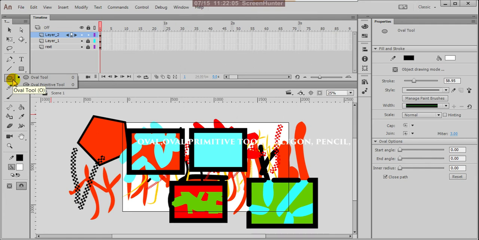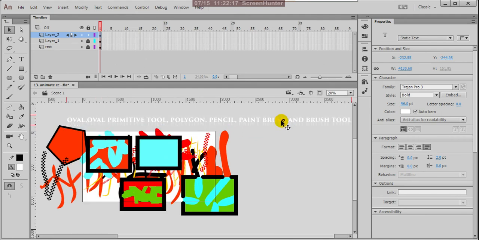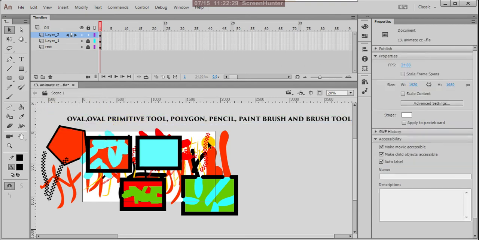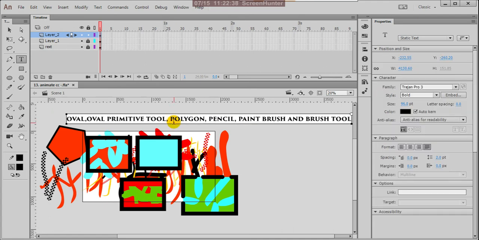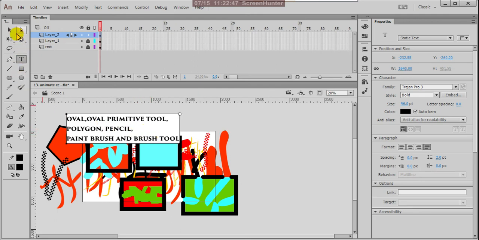So the oval tool and oval primitive tool. Now we can change here. I want to change to black, and divide this into oval primitive tool, polygon, pencil, paint brush and brush tool.